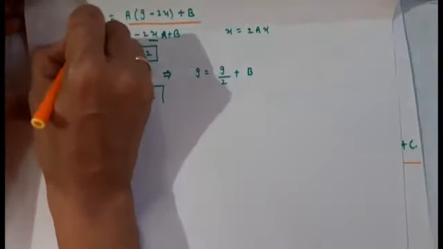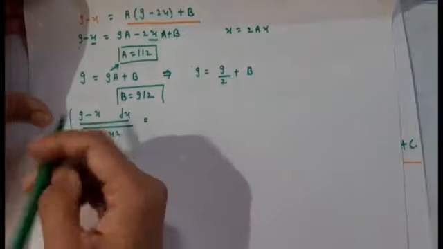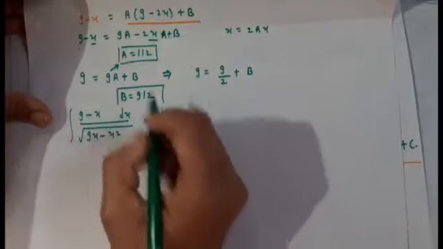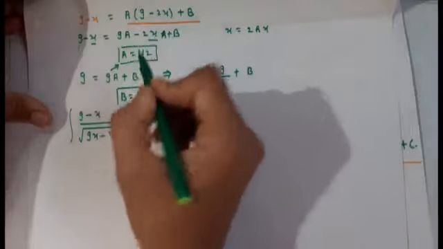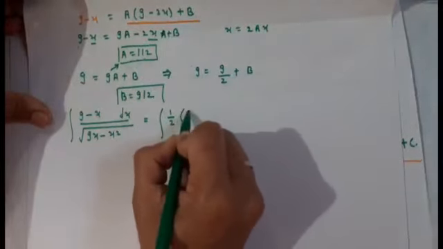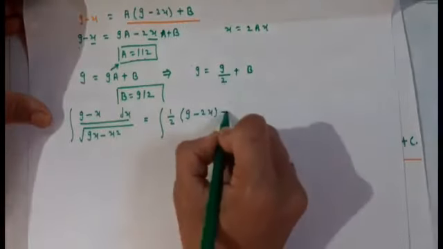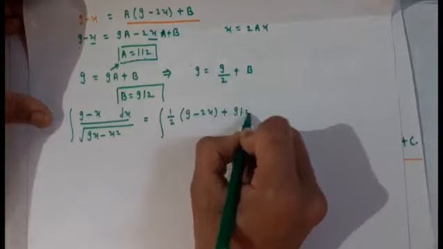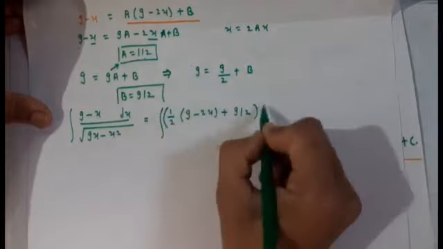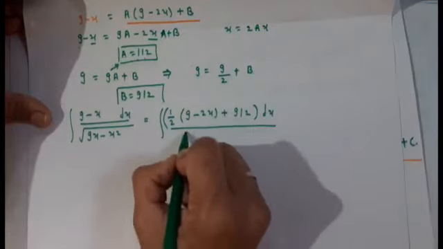This is 9 minus x. What is the value of a? It is 1 by 2. So 1 by 2 into 9 minus 2x plus b, where the value of b is 9 by 2, whole with respect to x upon square root of